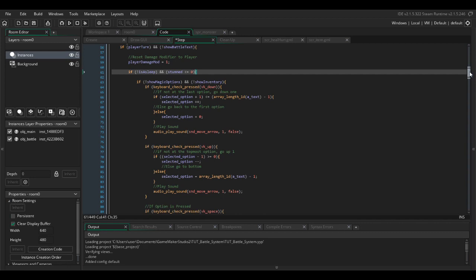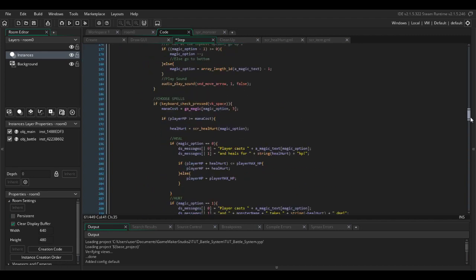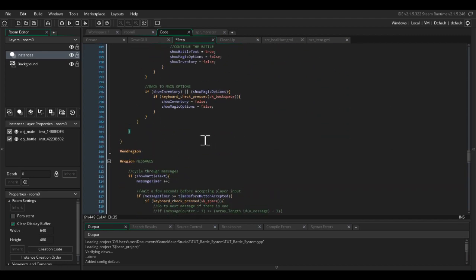So now if you click next to a curly bracket, you can find where it closes, which is here. So if we are stunned or if we are asleep,